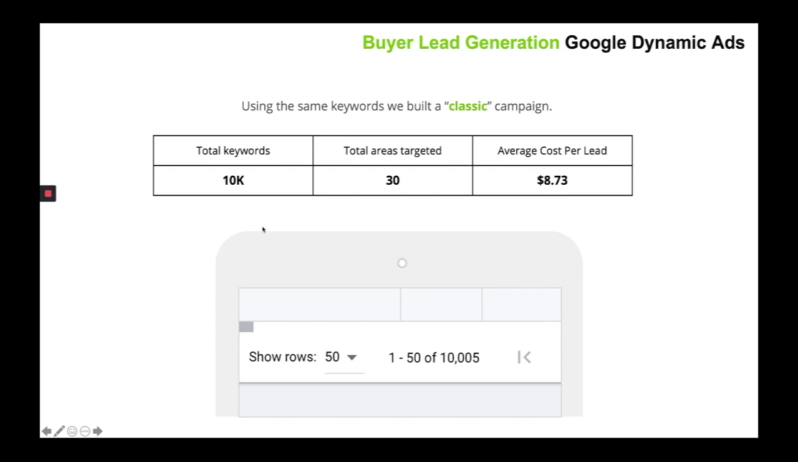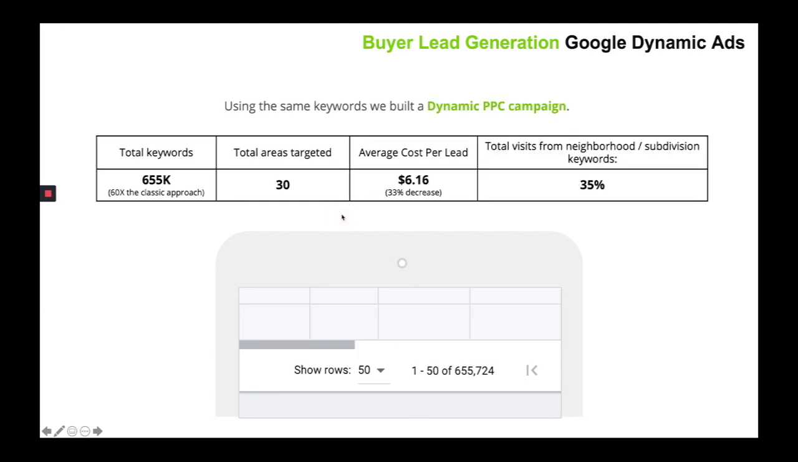So let me contextualize why this is such a big deal. For a classic build, PPC 1.0, when we were targeting about 30 areas, we generated 10,000 relevant keywords, which is a lot of keywords already. And our average cost per lead was $8.73. Well, when we took that same 30 areas and ran it through our dynamic PPC process, which I just mentioned, we generated